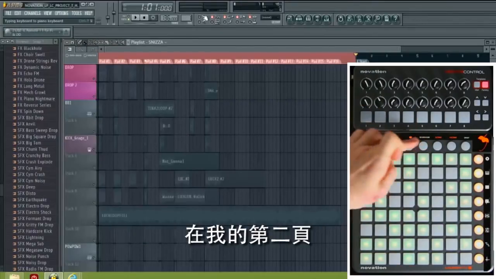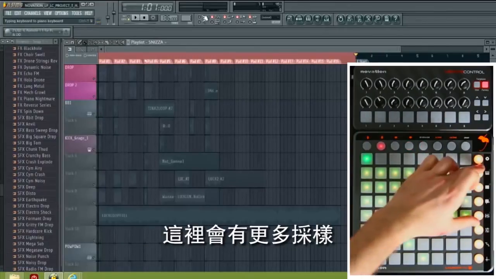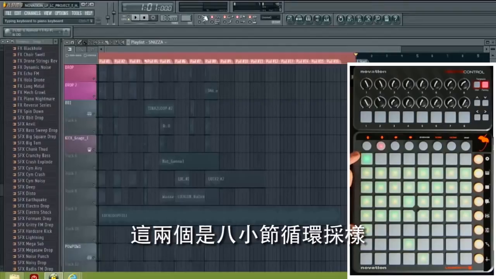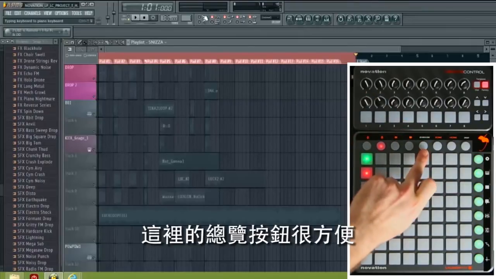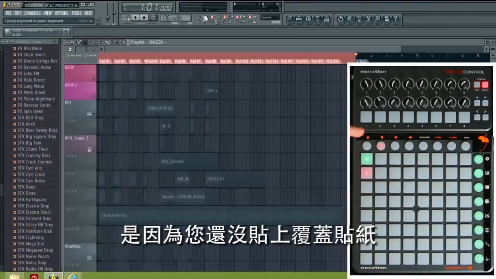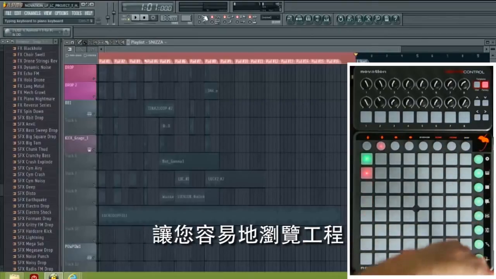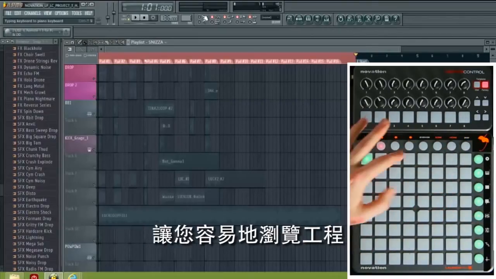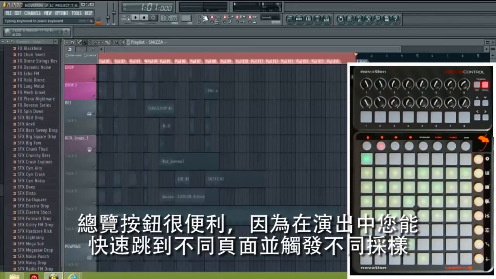And in my second page, if I hit Overview and page 2, there are some more samples. So this is another song here, and these are 2 samples that loop in bars of 8. So the Overview button is really handy here. If you don't see any of these headers at all, you haven't stuck the overlay stickers on. So there are some FL Studio overlay stickers which are really handy so that you can navigate in your session quite easily. So the Overview button is really handy because in the performance you can jump quickly to different pages